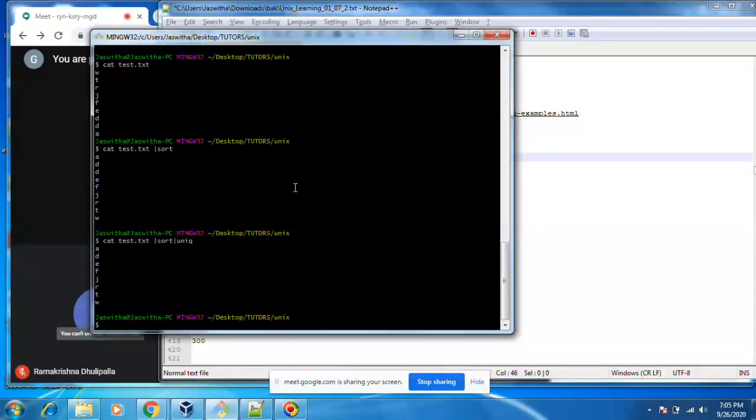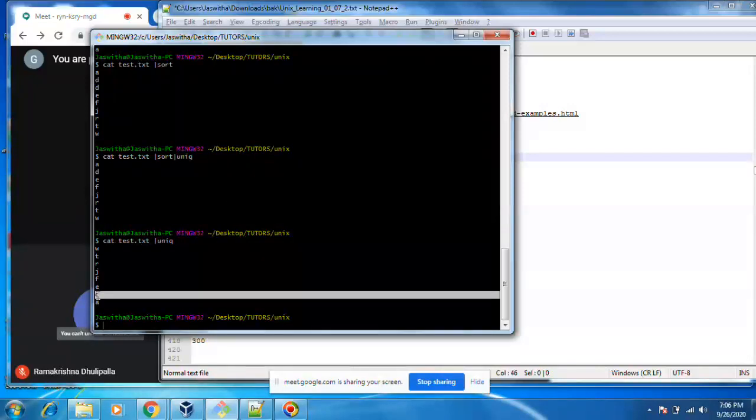Okay, if I do like this without sort, I try unique. The 2 Ds will not be removed. See, 1 D is there, another D got removed. Okay, ideally, maybe this is some other different OS.